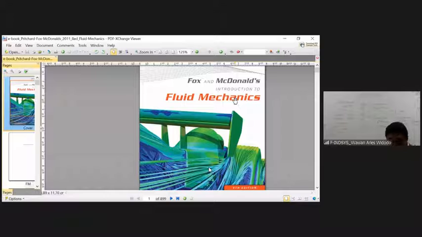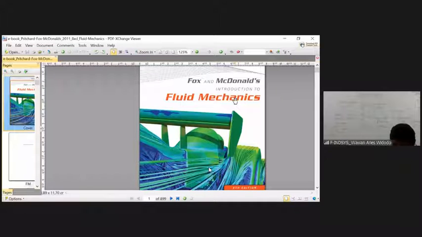Okay, actually I have another textbook, and maybe I can share it in this WhatsApp group. You can read the same materials as in Introduction to Fluid Mechanics by Fox and McDonald, and other textbooks cover the same material regarding this fourth chapter of the introduction to fluid mechanics. Okay, I think it's enough.